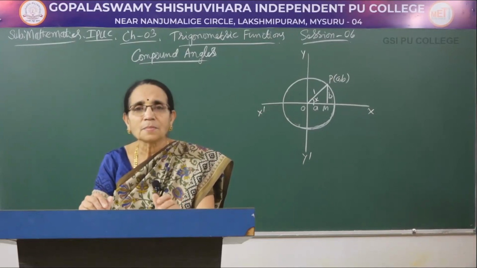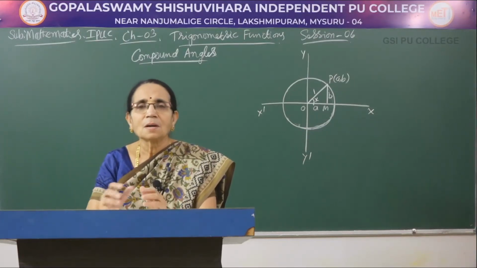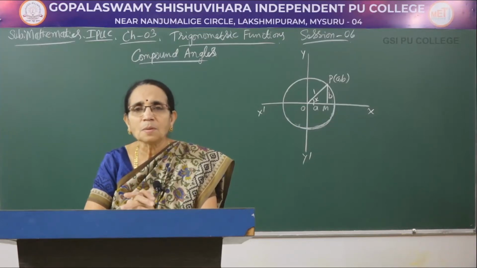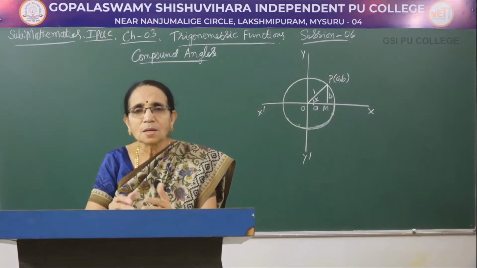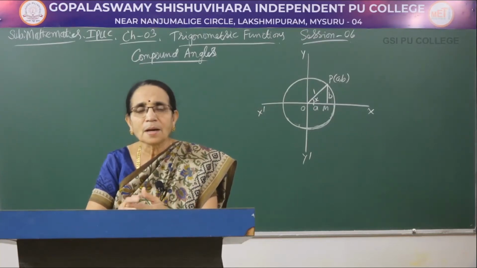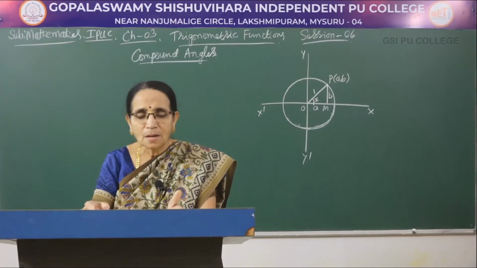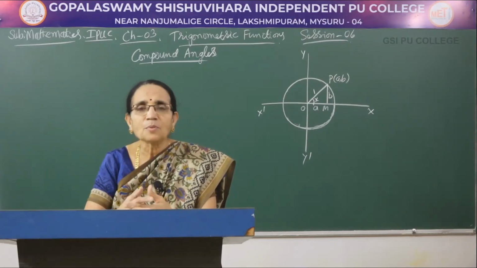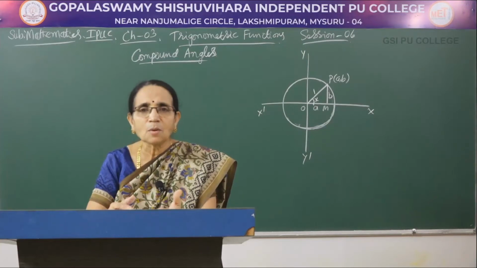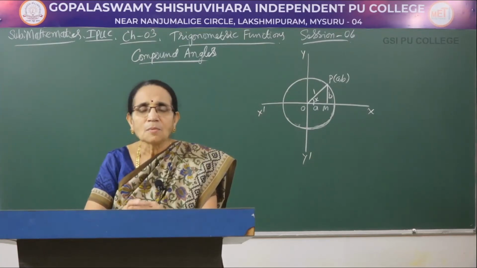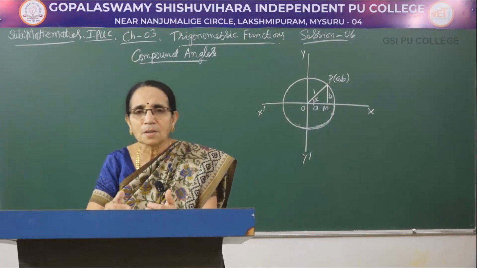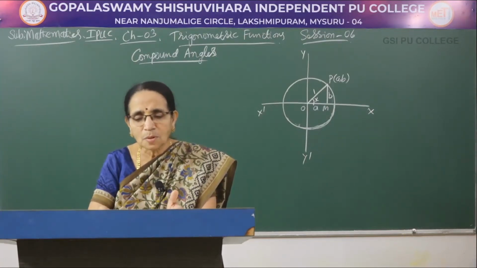Dear students, in the previous session, we had worked out some problems which were connected with the allied angles. That is, using the three rules of allied angle, rule 1, rule 2, rule 3, we had found out the values of 5 trigonometric ratios given any one of them. And then the other one is, if the angle is expressed either in radian measure or degree measure, we had calculated the values of the trigonometric ratio, sine of some angle, cos or tan, like that. We had worked out some problems of this one.